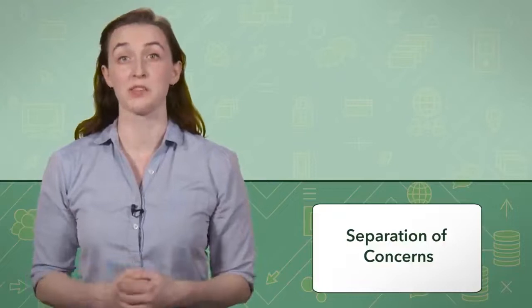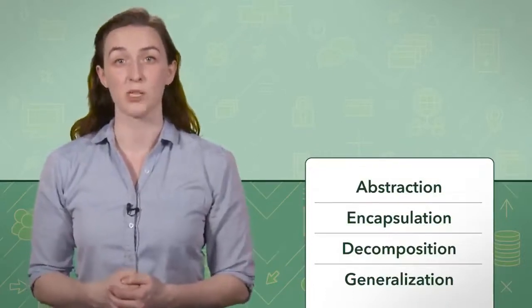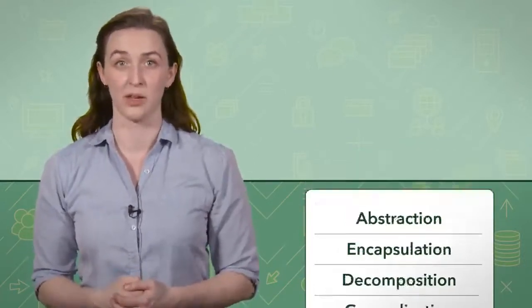You might have noticed that separation of concerns is a key idea that applies throughout object-oriented modeling and programming. The concerns that matter are addressed separately when applying the design principles of abstraction, encapsulation, decomposition, and generalization. Each concept in the problem space leads to a separate abstraction with its own relevant attributes and behaviors. These attributes and behaviors are encapsulated into their own section of code called a class.